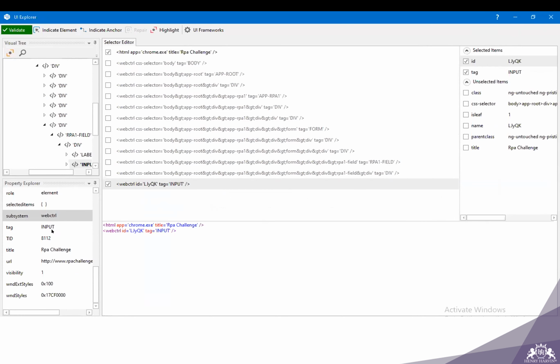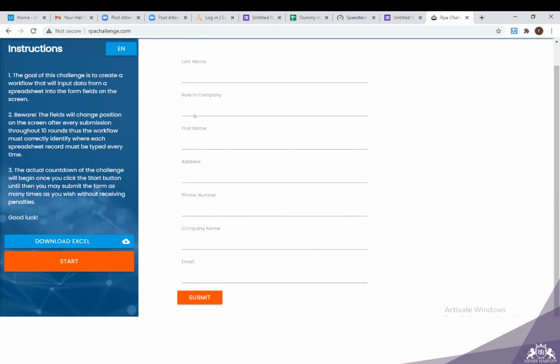TID, you can see, is 8112. We have another thing, PID is 8804. We have ng-reflect-name, label first name. Now what I'm doing is refreshing this page, and again I'll target that same element